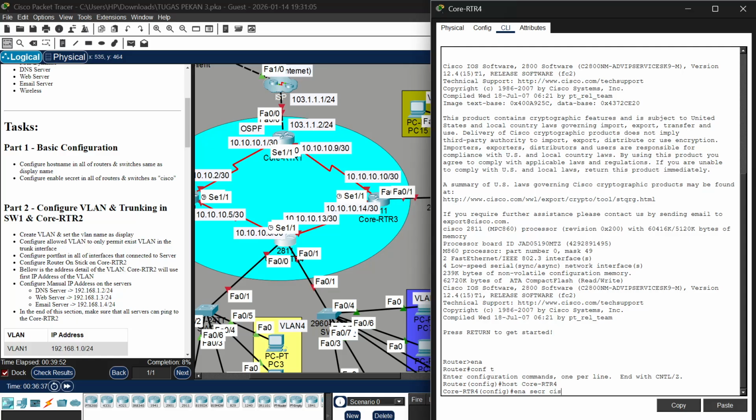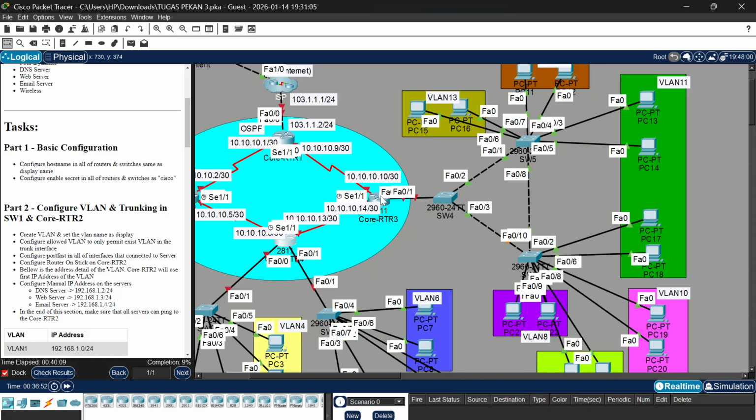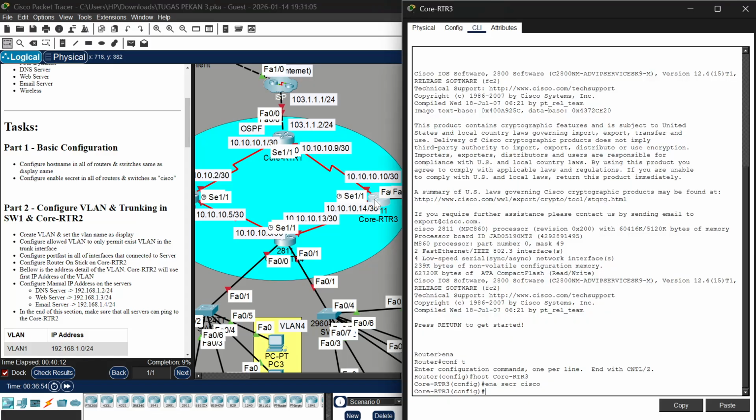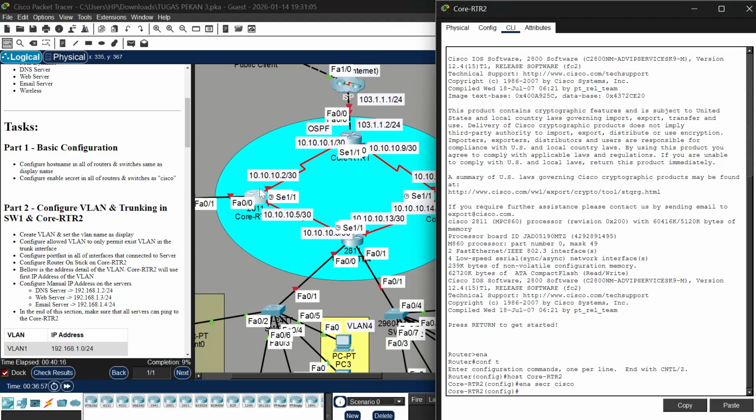And after that, we already set all the routers: router 3, router 2,